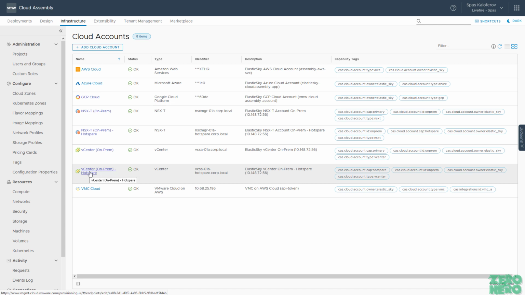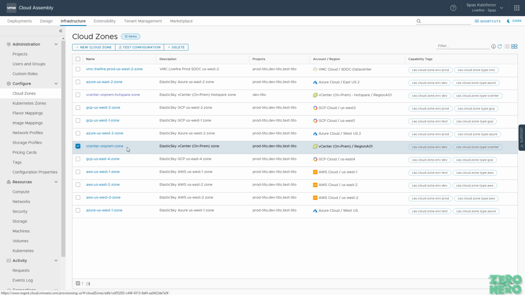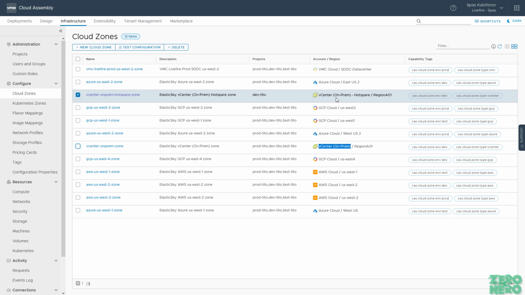So for example, if I check my cloud zones, I can see my cloud zone for my vSphere on-prem cloud account. I have created a cloud zone for my vCenter on-prem hotspare, as I have called it, cloud account,